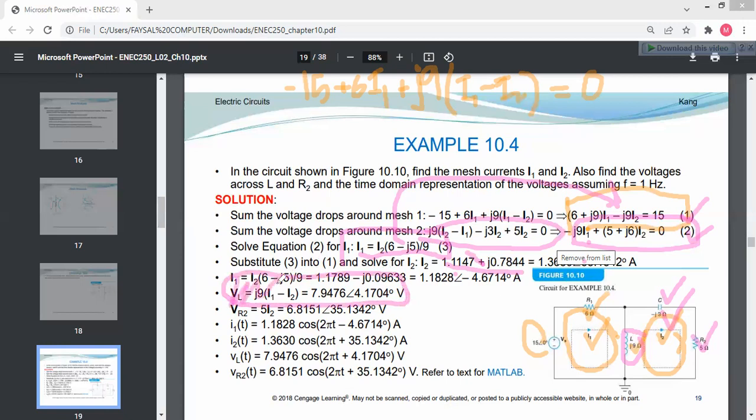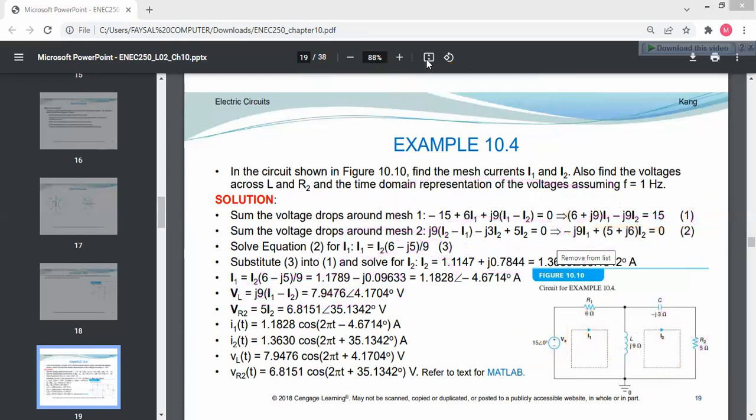So this is the value of VL. VL will be equal to J9 with respect to I1 minus I2. So it will be J9 into I1 minus I2. Then putting the values of I1 and I2 in this equation to find the value will be